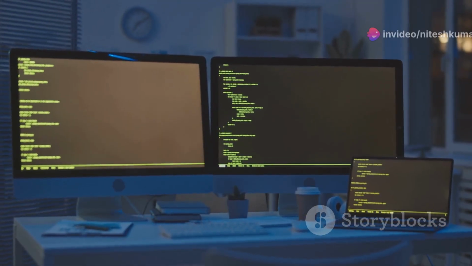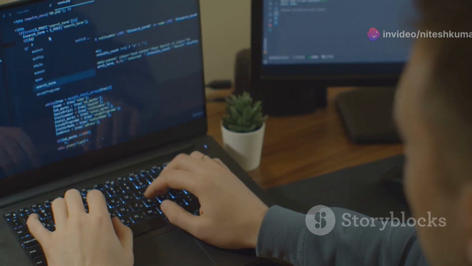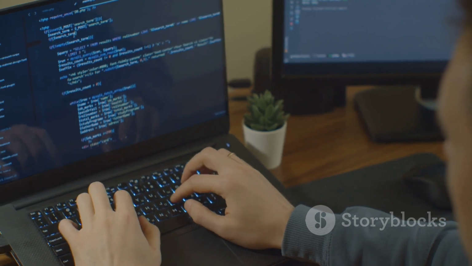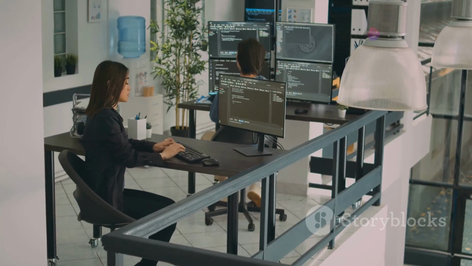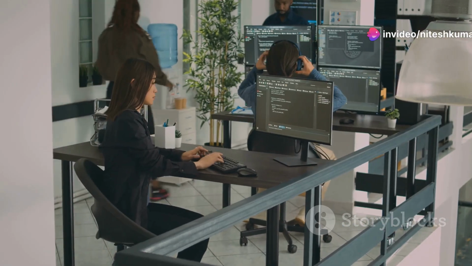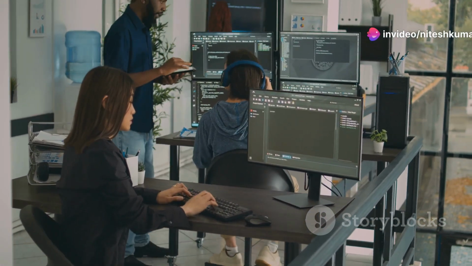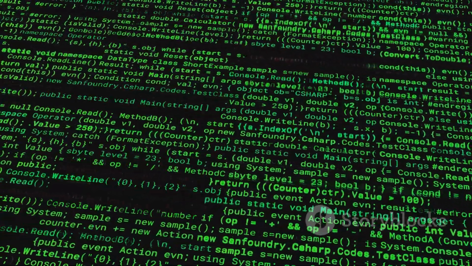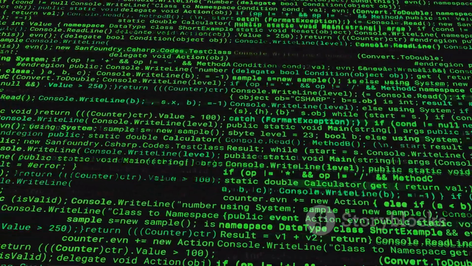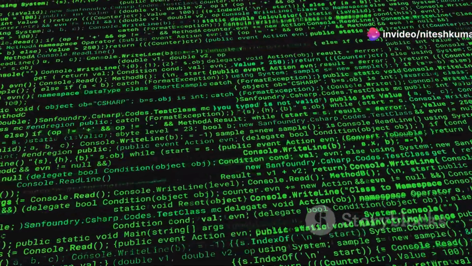Section 6. Global declarations. Setting the stage for your variables. In the Global Declaration section, you define variables that can be accessed from anywhere in your program. This is a crucial step in setting up your coding environment, as it allows for a more organized and efficient workflow. These variables are like global settings that apply throughout your code. Think of them as the backbone of your program, providing essential values and settings that multiple functions and modules can